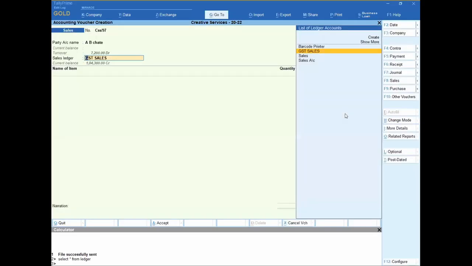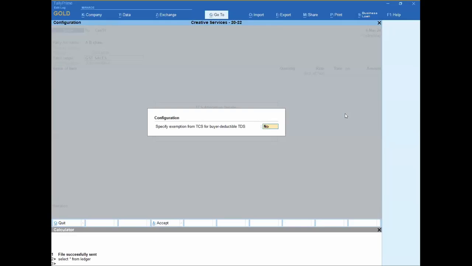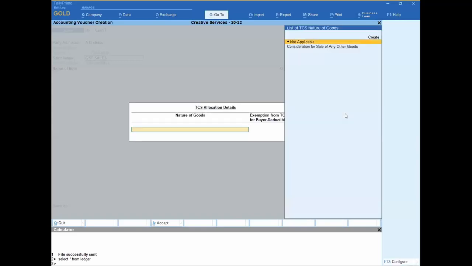Tally will prompt you for a TCS configuration, but by default Tally is not prompting you for the setting on whether the counterparty is TDS enabled or not. So press F12 and put yes for this option, if you want exemption from TCS because the counterparty is going to deduct TDS from your invoice. So press enter, and now you can see